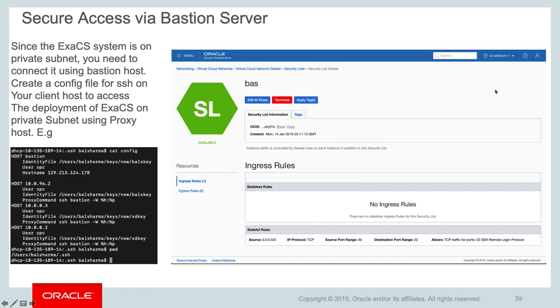So we have seen how a database can be provisioned. Now we'll talk about secure access via Bastion server. Since the Exadata system is on a private subnet, you need to connect to it using a Bastion host. The best practice is to create a configuration file for SSH on your client host to access the deployment of ExaCS on a private subnet using a proxy host. So the Bastion host which we'll create is going to work as a proxy host, and this is one of the